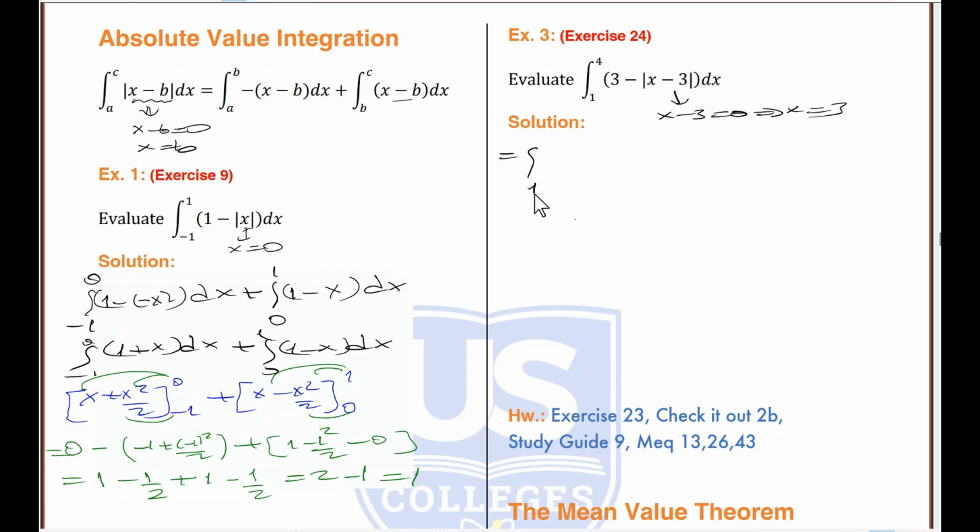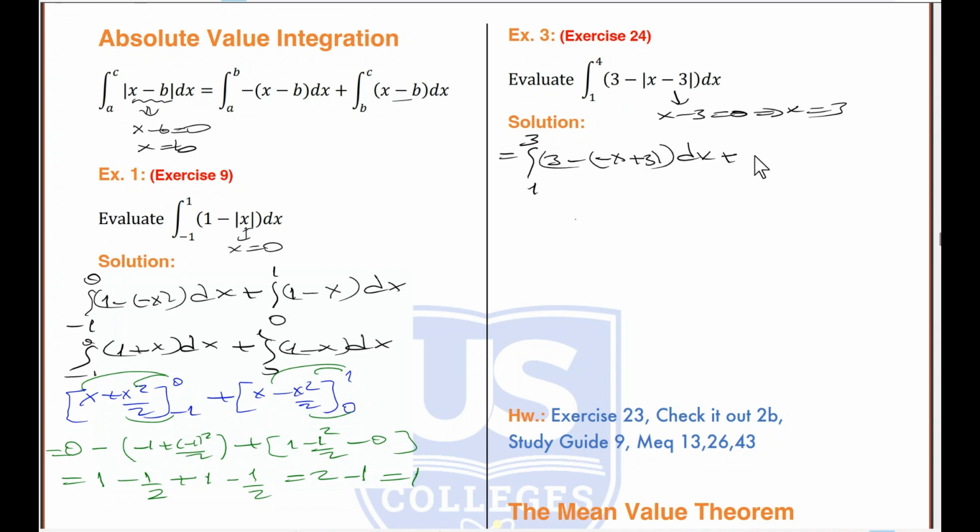Integral from lower bound to the boundary number here of 3 minus. How this absolute value comes out? When you pick a number less than 3, like 2, it will make inside negative. So you take the opposite of expression. Opposite of x minus 3 is negative x plus 3